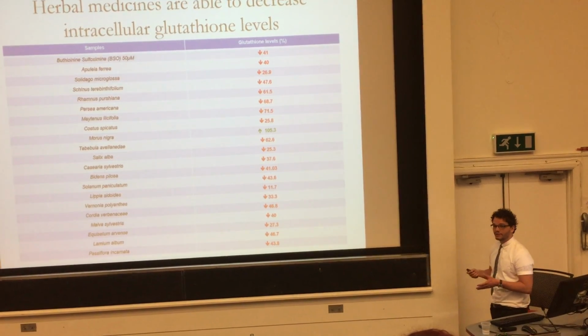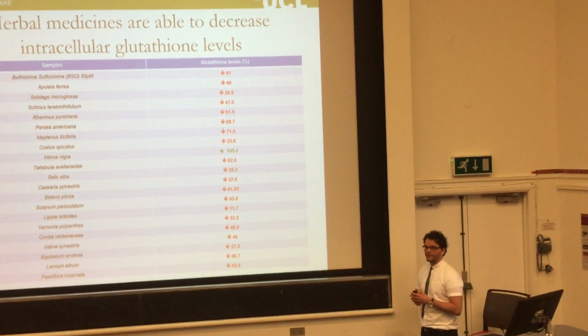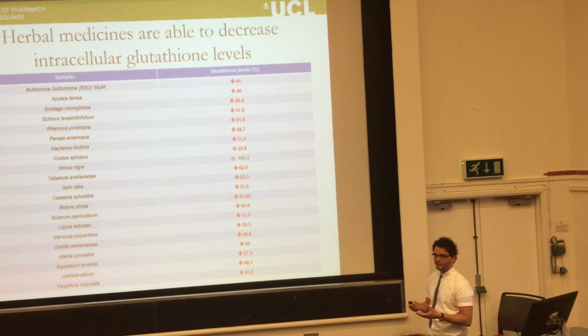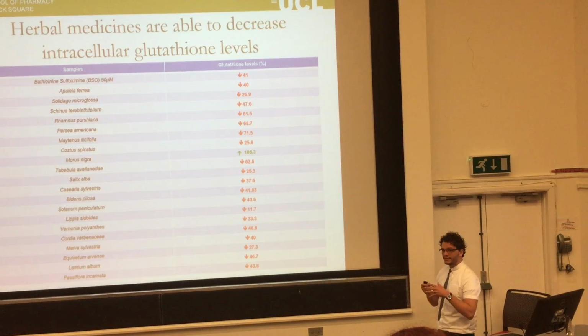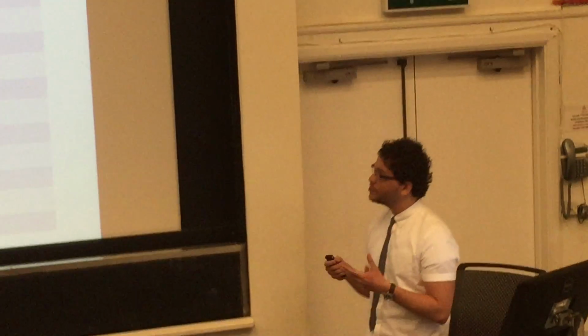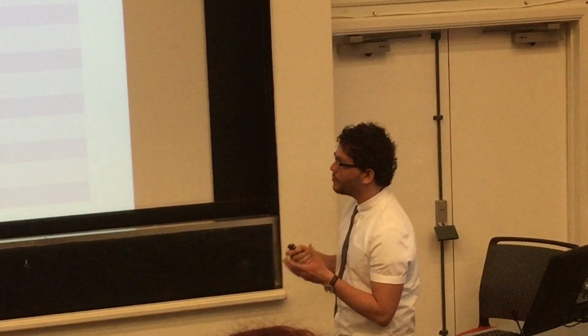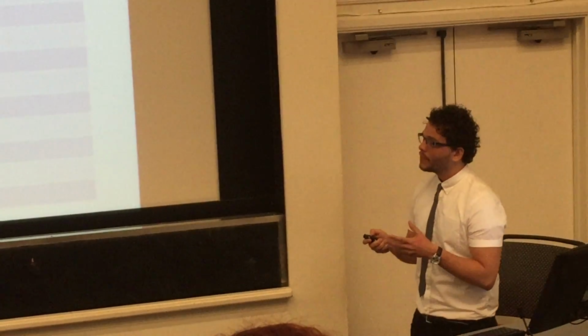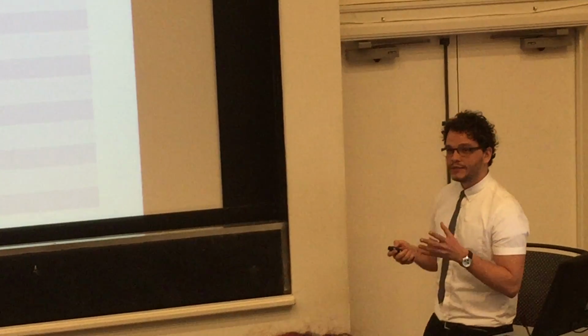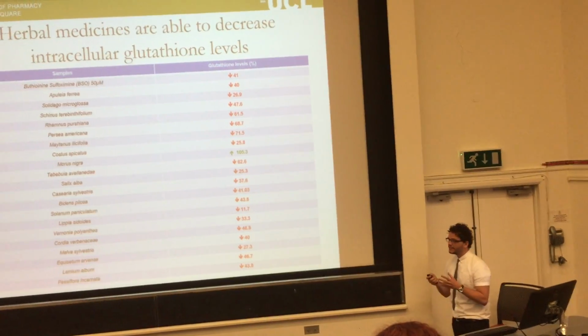Decreasing glutathione levels could be very dangerous because literally the cell loses one of its biggest defenses against free radicals, and also decreases the ability of the cell to detoxify xenobiotics. And again, we wanted to understand if the depletion of intracellular glutathione levels could be happening from a lack of cysteine. Cysteine is a precursor of glutathione, and cysteine is more